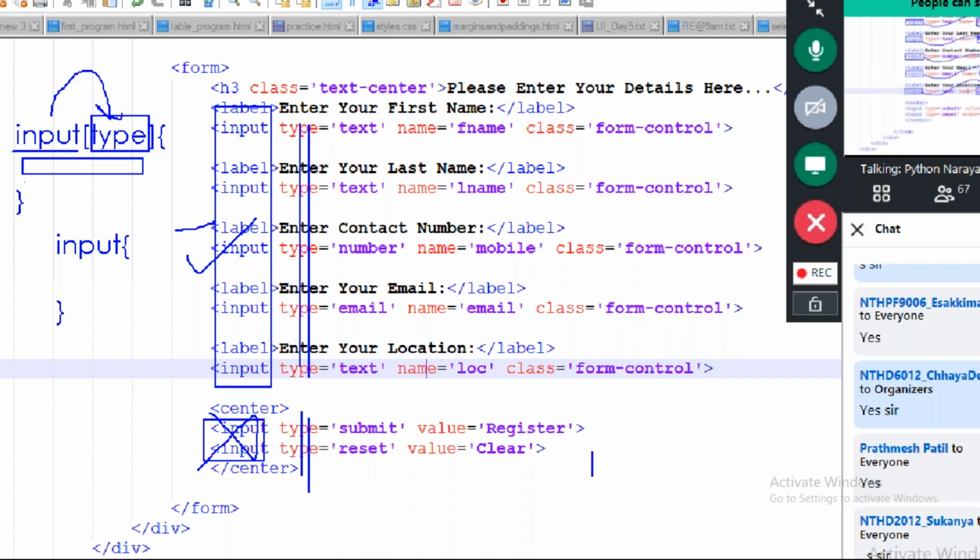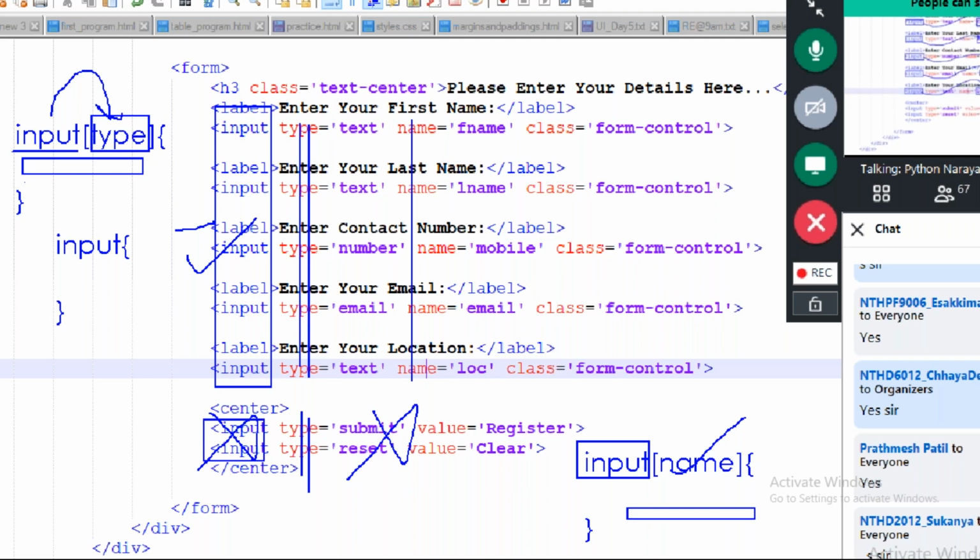Now what is possible? Tell me. Which input do I want? Yes, whichever has the name attribute. There I want to apply styles. See, the name attribute is there here, but not there here. Now the style applies for all the inputs which have the name attribute only.